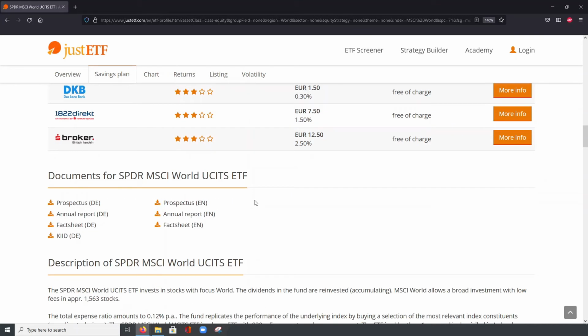What is always worth a look is here under Documents, the fact sheets. Because a fact sheet is the official document of each ETF published by the provider of the ETF. So it's really an official document giving you all the, let's say, general facts and information of the ETF. So in our case, we want to have the fact sheet here in English, and we just click on it